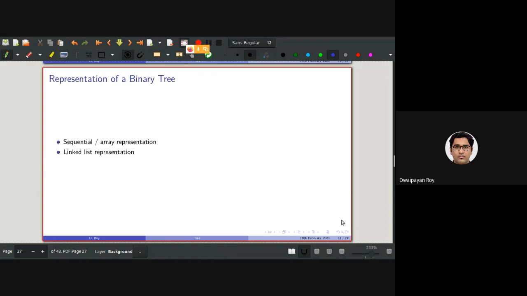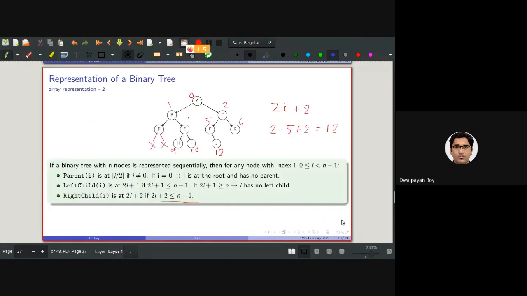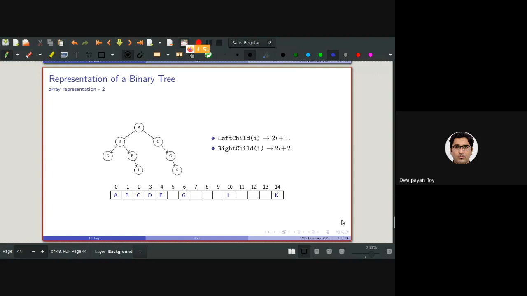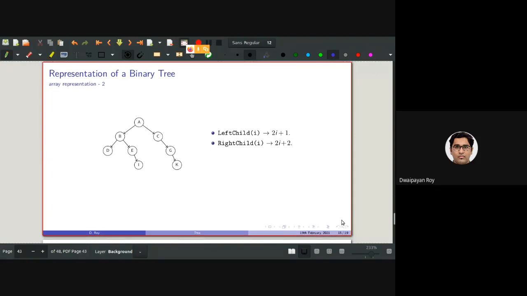This sequential or array representation, specifically the last one, we will be using for the heap data structure, which will be discussed later on. Other than that, for implementing all the binary trees, we will specifically follow the linked list representation.